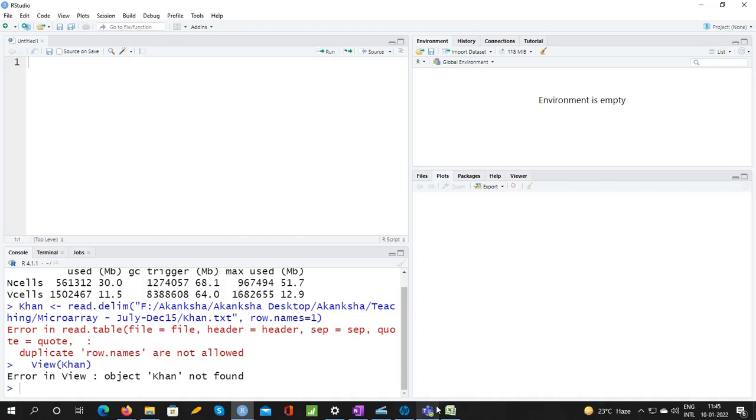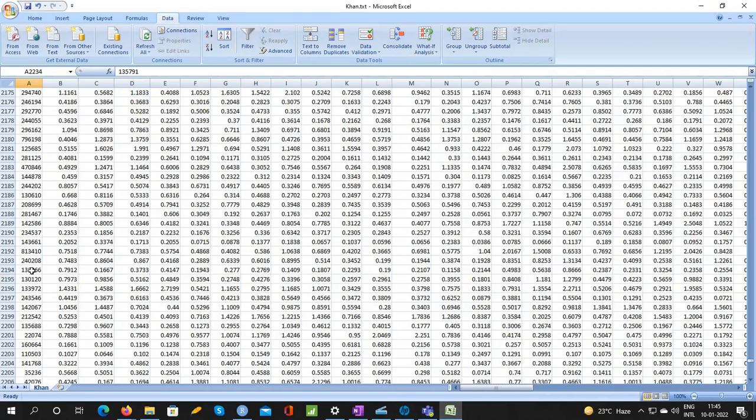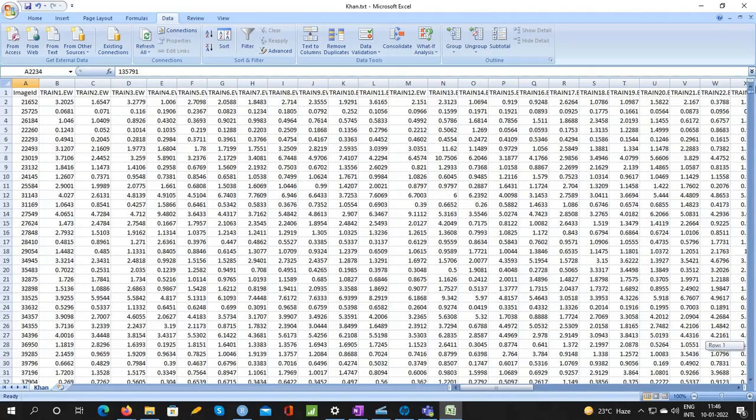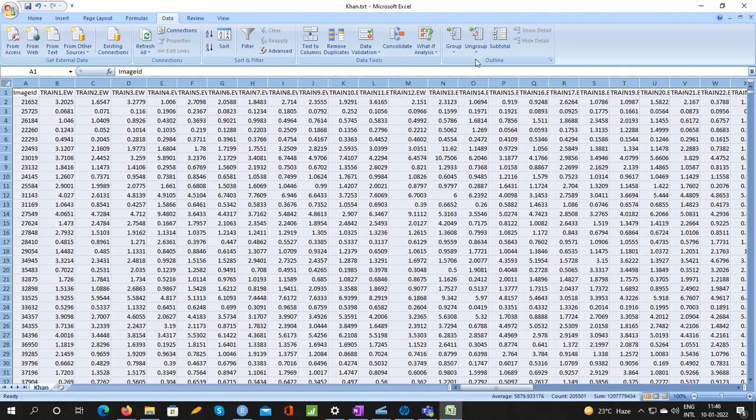So somewhere probably we have duplicate image IDs. How do I check in Excel, or how do I check in R, if I have duplicate entries? You saw the error, right? It is saying duplicate row names not allowed, so it probably means that my first column has some duplicate entries. So how do I identify and locate those?